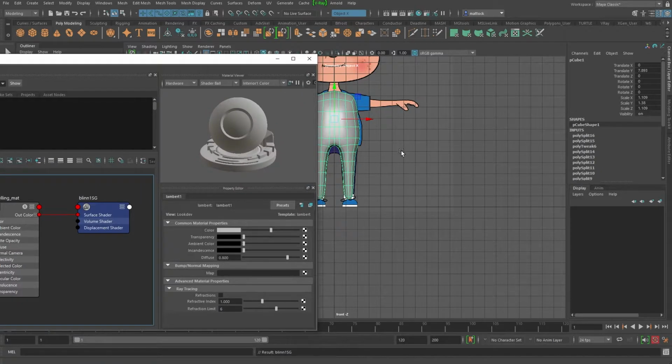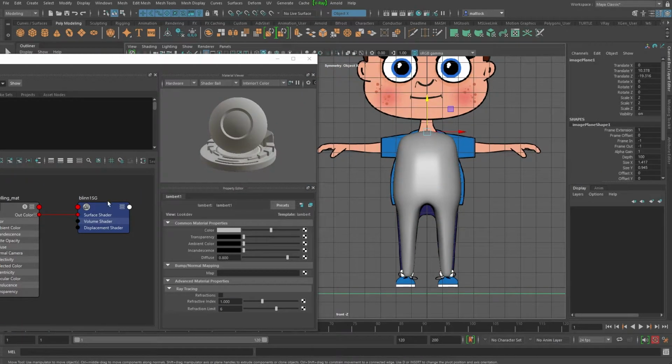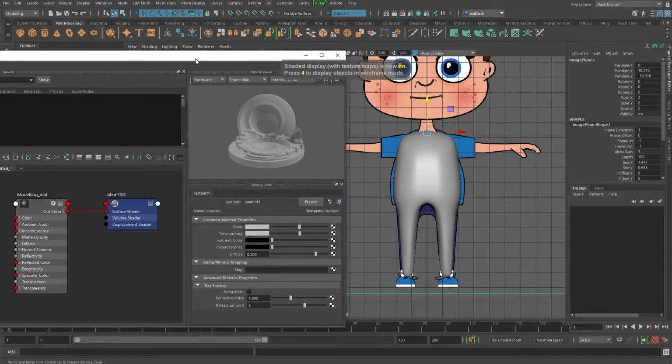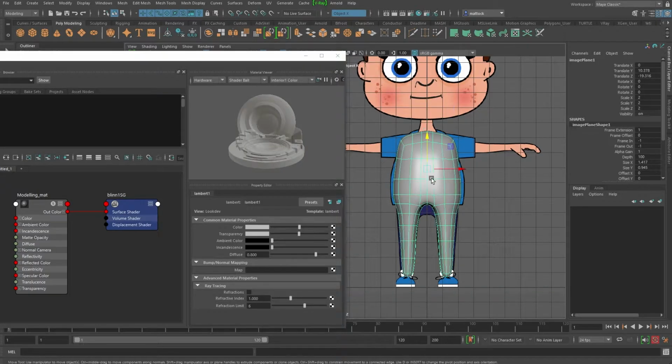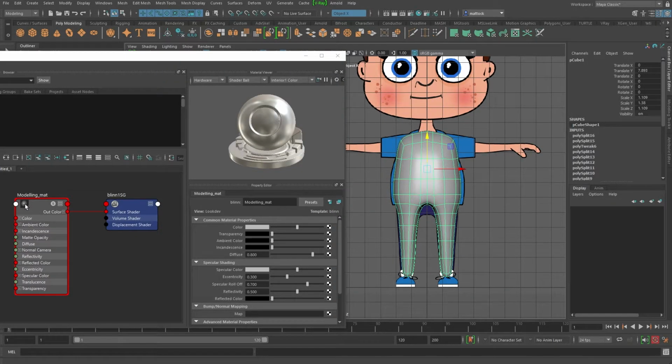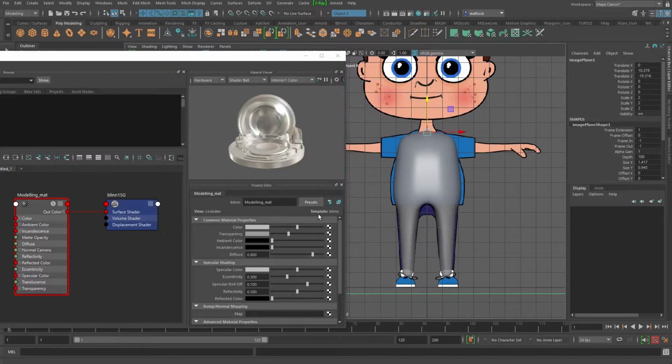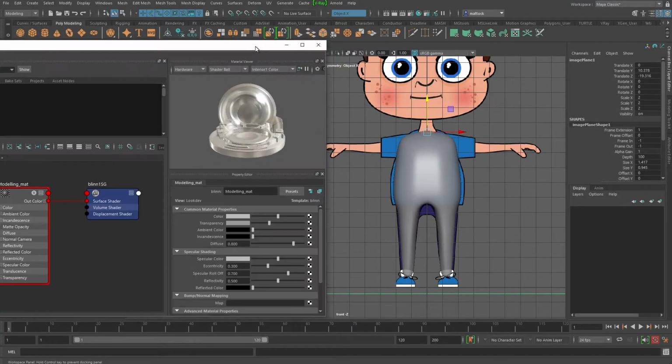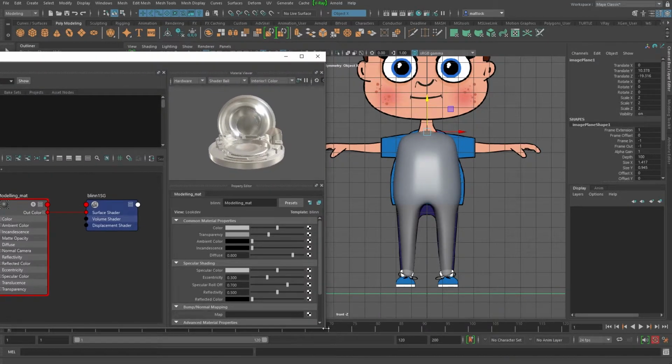As you can see from here, what I want to do is have it so that we can see through it. So what we can do is change the transparency of this material. Let me just go to textured view and transparency. Let's see what's going on here. Let me just check it's applied. There we go. So as you can see, as I change the transparency, it goes see-through, and this is much better for modeling sometimes. Now there might be a case where we want to switch between the two. So here's where the clever tip comes in.